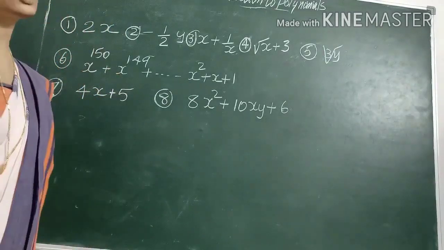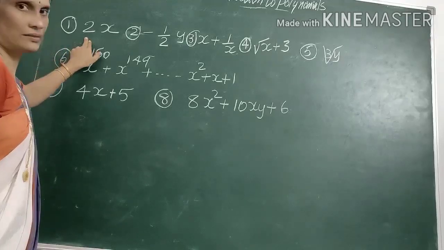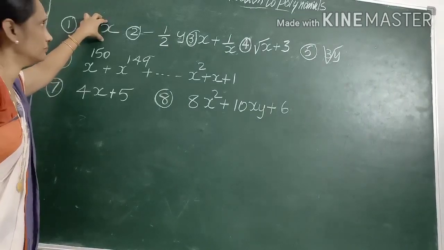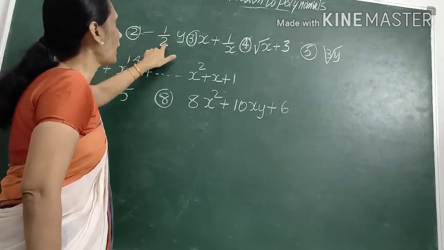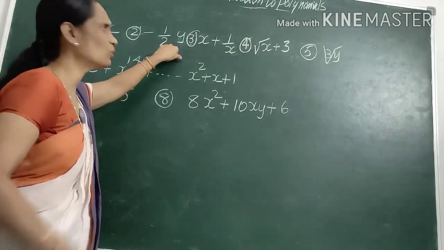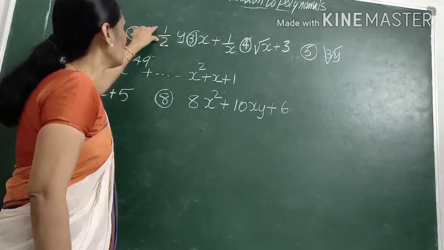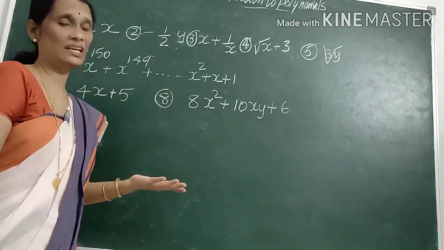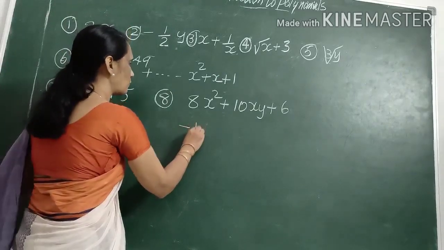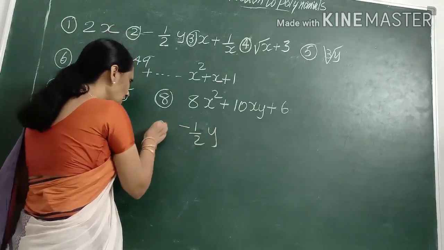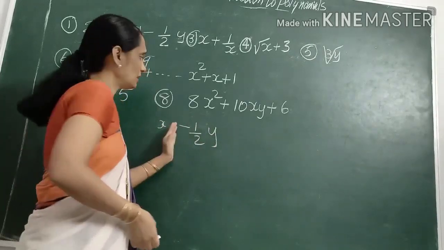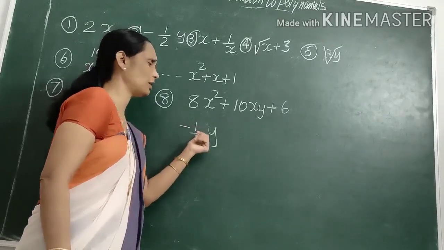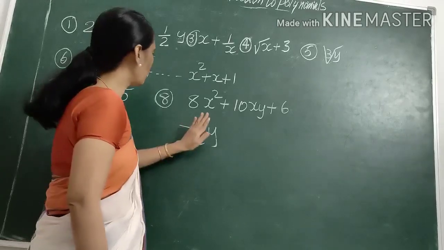Observe all these algebraic expressions. Okay, these all are algebraic expressions. 2x. Okay, in this algebraic expression, there is only one term. Okay, minus 1 by 2y. That also only one term. Along with the minus either side, is there any other term? Not there. Only minus 1 by 2y. If there is something else on this side, we can say that it is having two terms. No. Now, minus 1 by 2y, minus is the sign of this factor. Right? So, only one term.